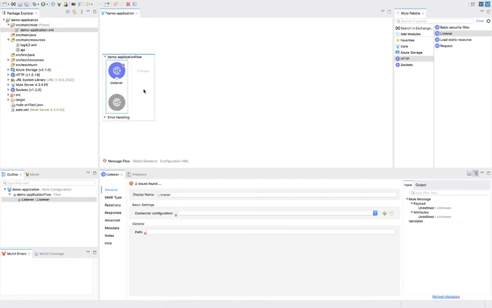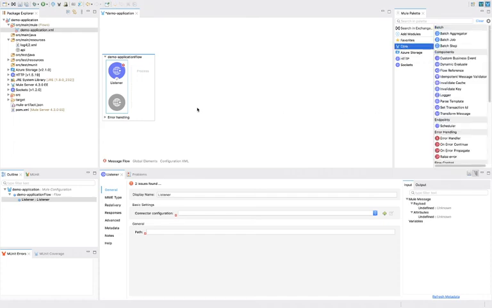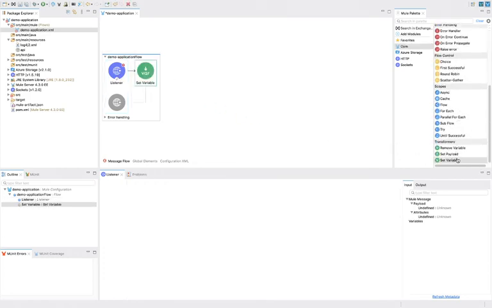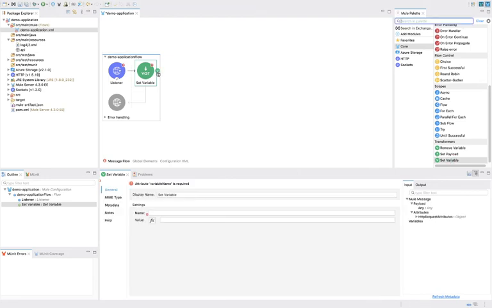And then whatever component you want to use to complete the functionality of this mule application, you can drag and drop one by one. For example, I want to create two variables, so I will drag and drop two variables. I want to set payload, so I will drag and drop set payload.